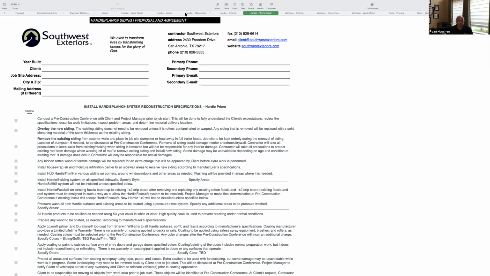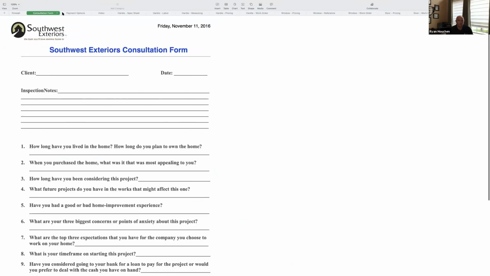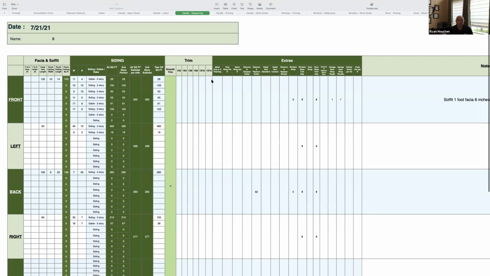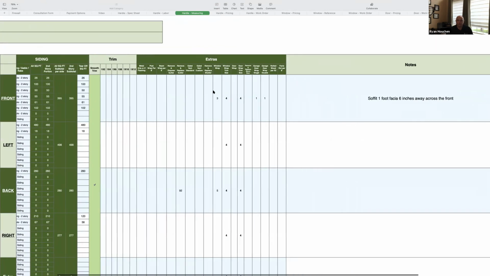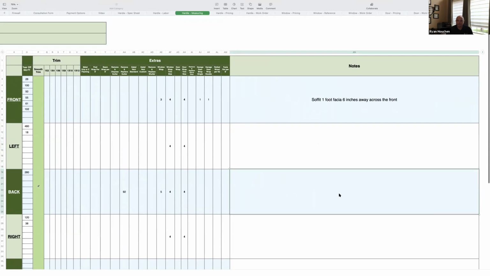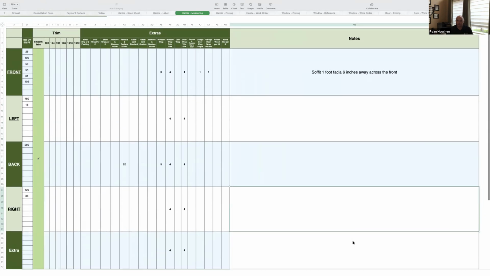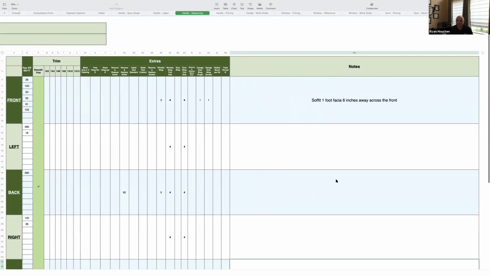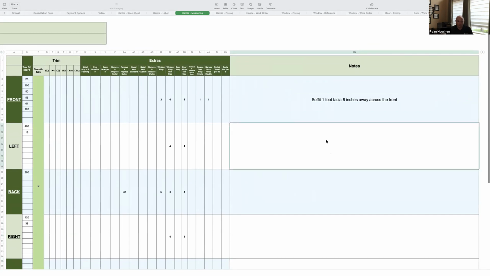For the sake of what we're doing right now, of course, we would have already done the consultation form. We're going right into the Hardie measuring form, which Chris and I just populated around the house. So one important note, because really when you get done measuring a house, every one of these boxes should have something in it. That was kind of my bad because we were starting at a high level,